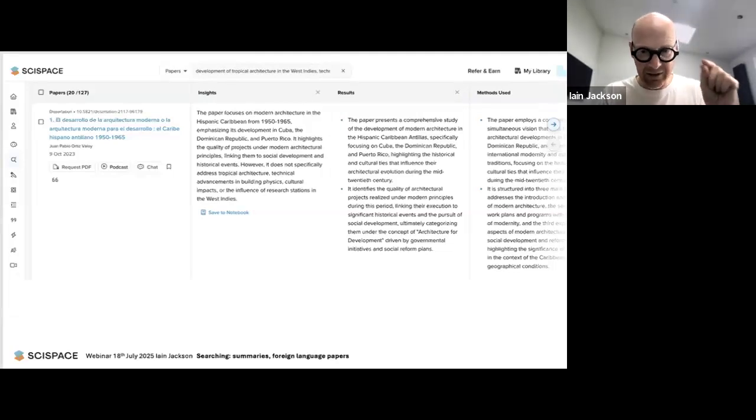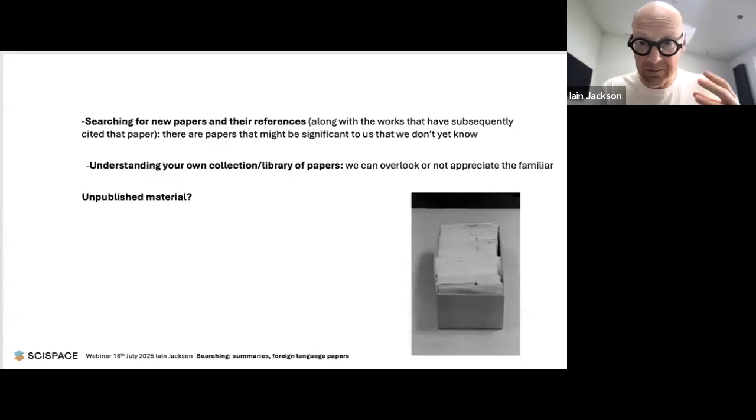So we're not just listing the findings in the authors. We're not just building a bibliography. We're building an annotated bibliography now. We're creating our own bibliography plus notes, plus comments, plus these special insights. So this is all about searching for new papers